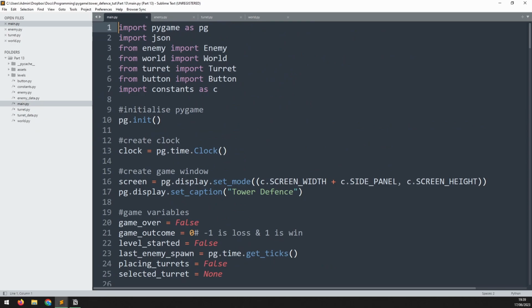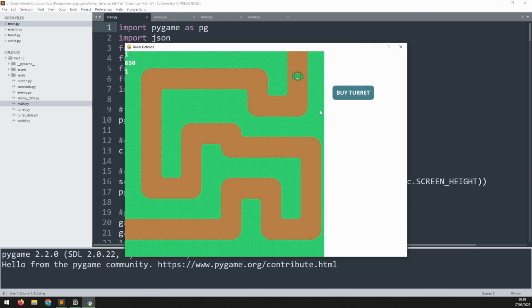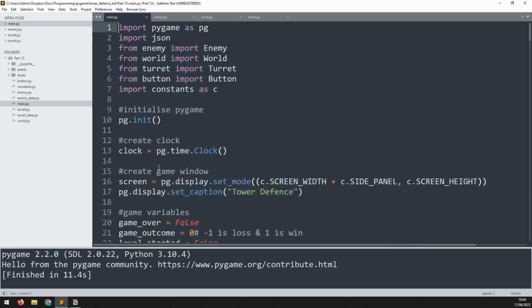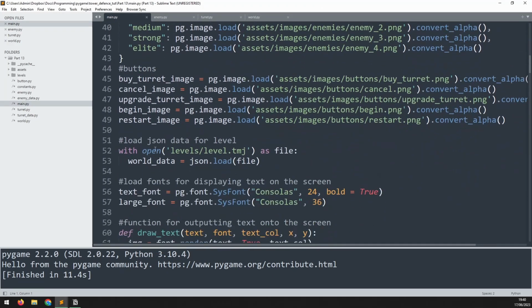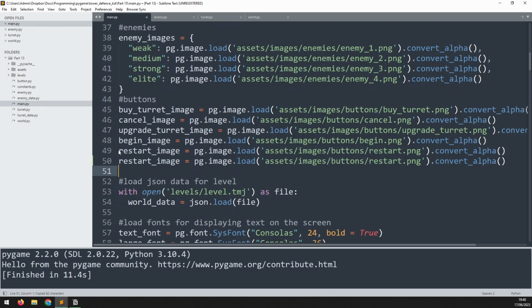The next feature that I'd like to add is a way of fast forwarding the game. Because once we start a wave, we kind of just have to wait for the enemies to go around. So what I would like to do is be able to have a button that I can just hold down and it just doubles the speed at which everything happens. And this is going to need a new button. I'm going to go down to where the rest of my buttons are here, and I'll just copy the restart button down. So the restart image now becomes, if we get rid of this, it's going to become